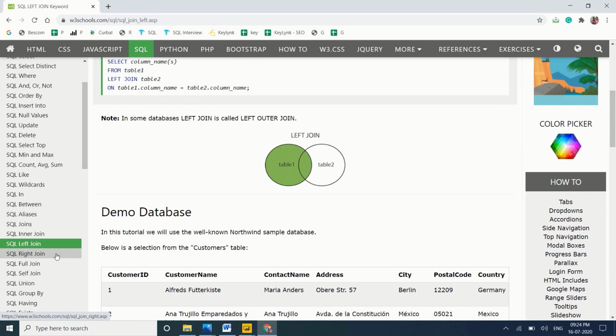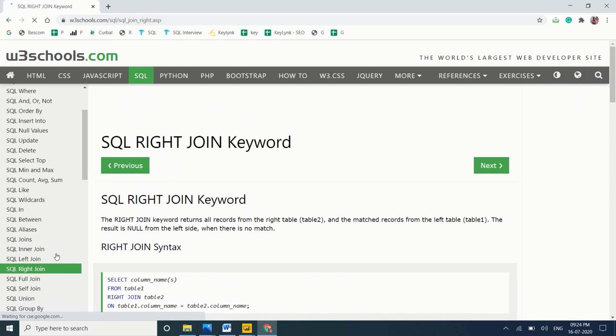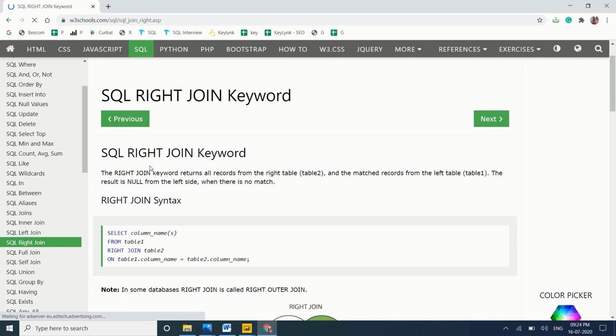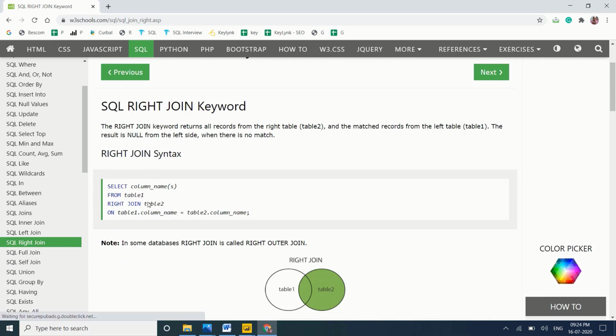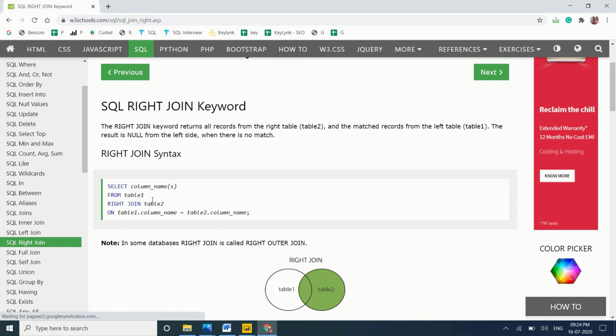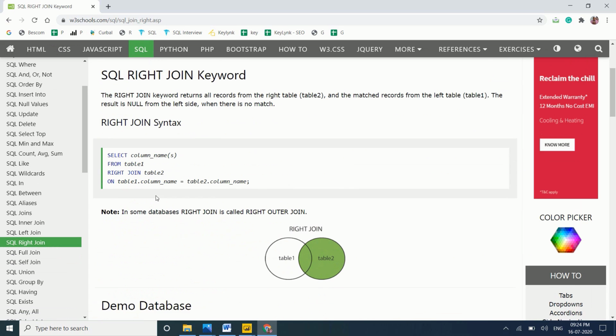Next, come to right join. Right join means the right table comes as it is. See here, table 2 is the right table, so table 2 comes as it is, and it tries to match from the left table, here table 1.